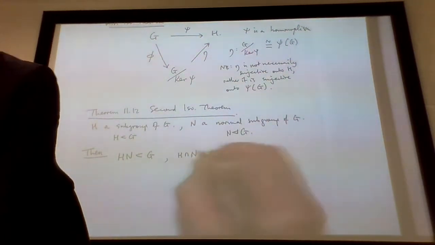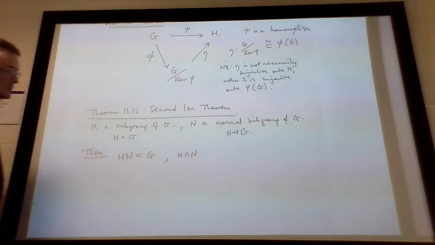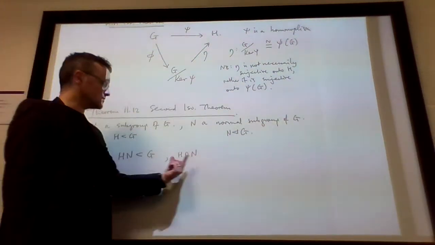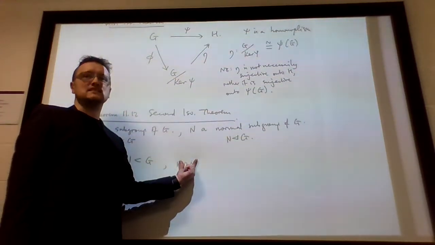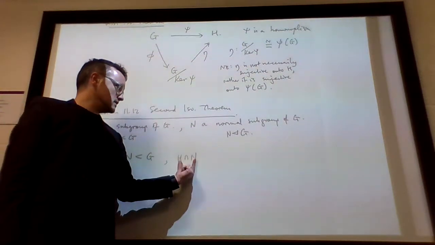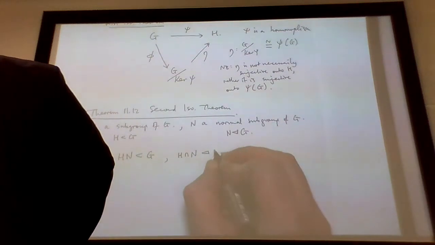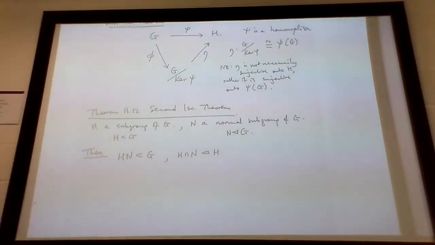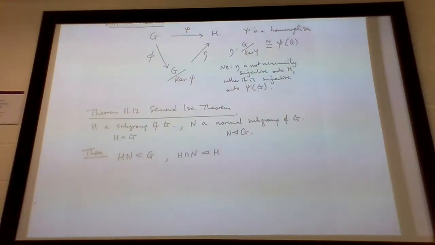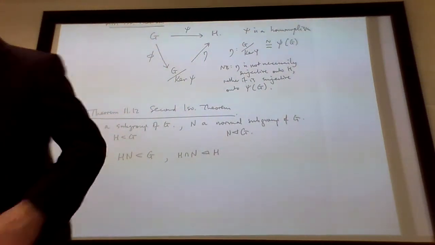H intersection N is certainly a subset of H. It's a non-empty subset of H because they're both subgroups, so they at least intersect in the identity. Okay. This intersection is normal in H. N is normal in G, but this is saying something more, that this intersection is a normal subgroup of H. And lastly,